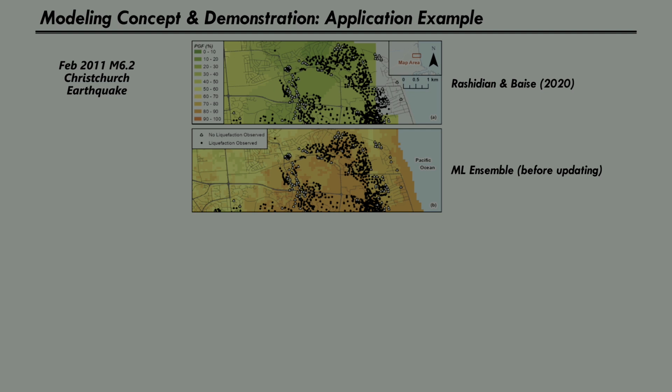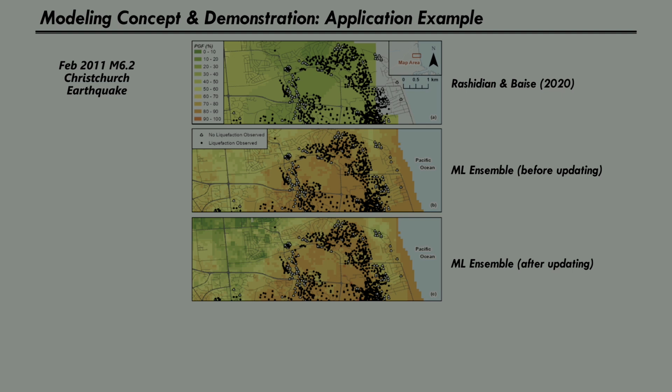The next panel is the machine learning model prior to updating. It's giving probabilities of, say, 60 to 80%, and you see a little more spatial nuance, and that's because there's more geospatial predictors. Here is after updating, and you see more spatial nuance added to the predictions. To be clear, the model is not reacting to what was observed, it's reacting to what the geotechnical data and models say at a given location. And so if you kind of compare the panels, you'll see in some places the prediction is scaled up, in other places it's scaled down.